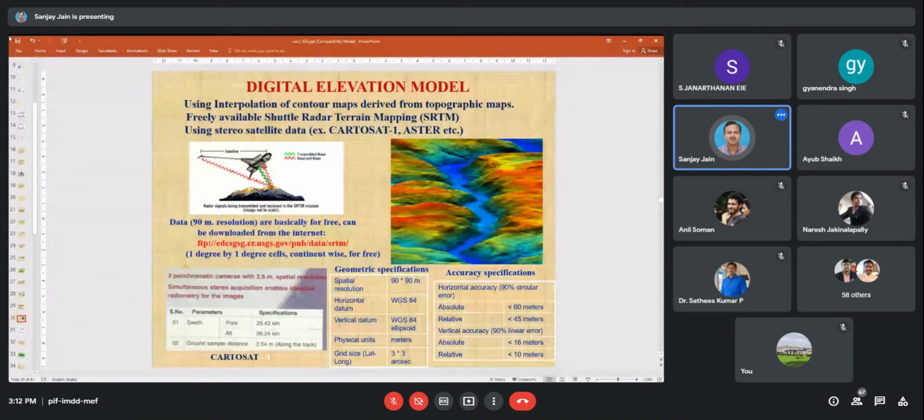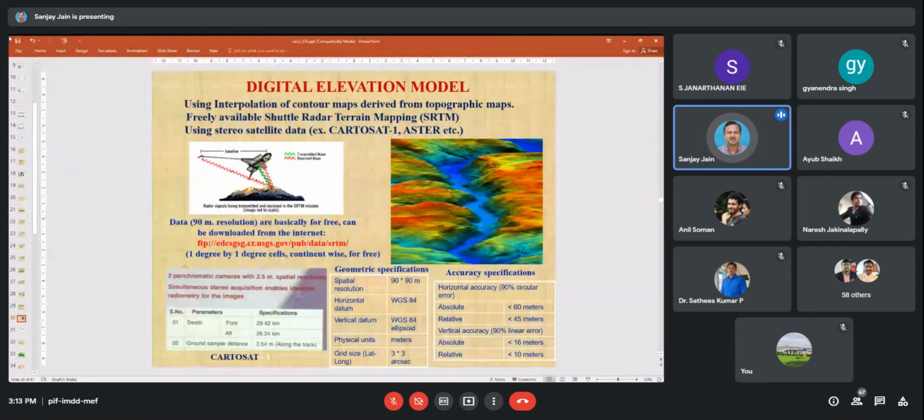Okay, but there are certain limitations, I will say. What are those limitations? Whatever height I am getting through these approaches, they are not truly representing my actual topography. If I am standing on a point and computing height from this satellite, and I know the actual height of that particular point, they do not match very well. There is an error of around 5 to 6 or 7 meters. I am talking about the vertical accuracy.